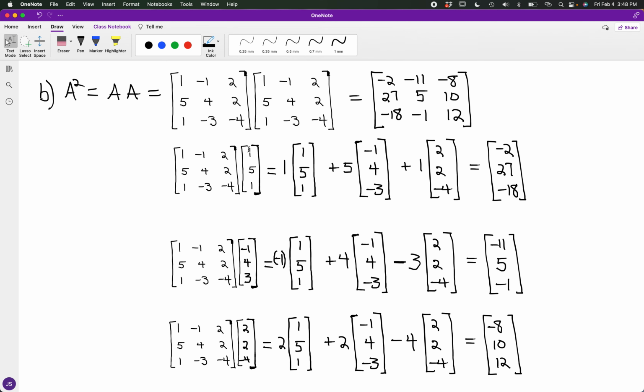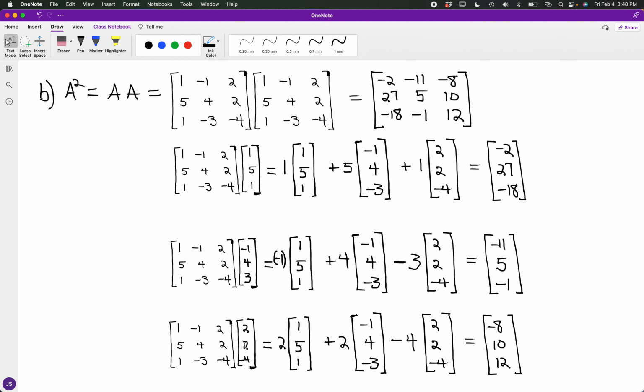arrangement forming its individual 3 by 1 matrix. So we have negative 1 over 1 5 1, then 4 over negative 1 4 negative 3, and then 3 over 2 2 4, and we have negative 11, 5 and negative 1 in the product. And then for the last column of the product, I'm looking at A times 2 2 negative 4, from the last column in A's duplicate,